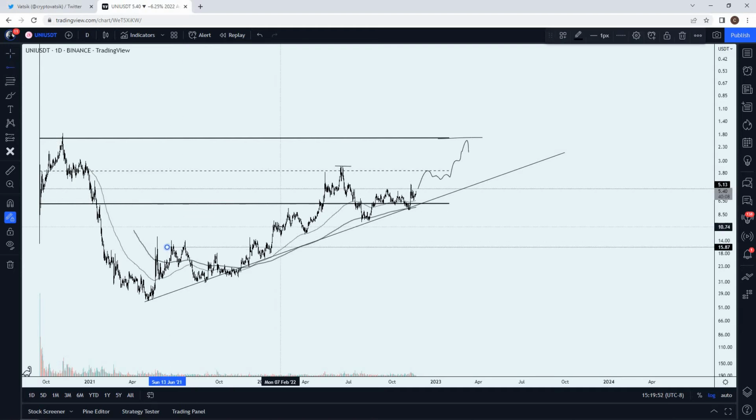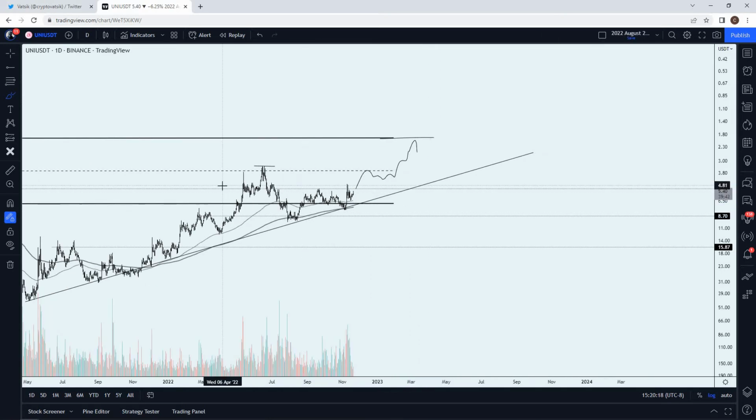SR level flipped there. SR level flipped here. We just see this continuation of flipping these levels, pinching against resistance, so to speak. Price basically pinching under resistance, consolidating, break above, and then as support. Pinching, consolidating under resistance, breaks above, and then as support. So we just could see this continuation. And right now there's obviously resistance right here, but if we continue to do this, consolidate underneath resistance, I would expect a breakthrough, another sweep of this high at the least, right?